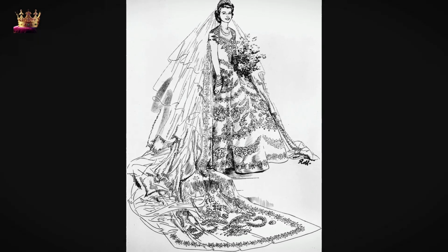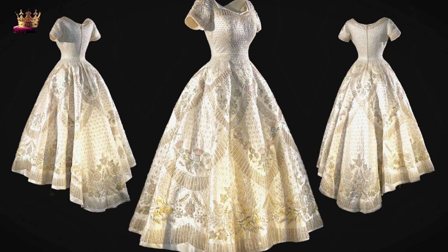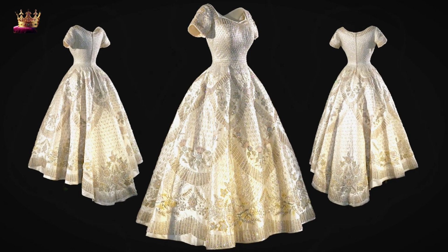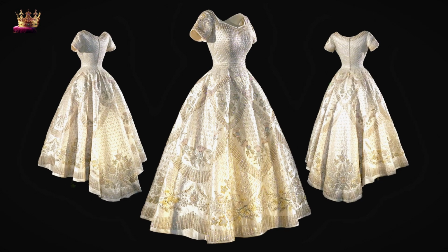But to be fair, it should be noted that the dress looked more spectacular in the sketches. Firstly, because the petticoat looked more voluminous. However, in practice, the heavy fabric and rich embroidery created a weight pulling the dress down. And there was no time to add an underskirt, as in the case of the coronation dress. But the princess was still very satisfied. It was not for nothing that a few years later, she wished her coronation dress to be similar in cut